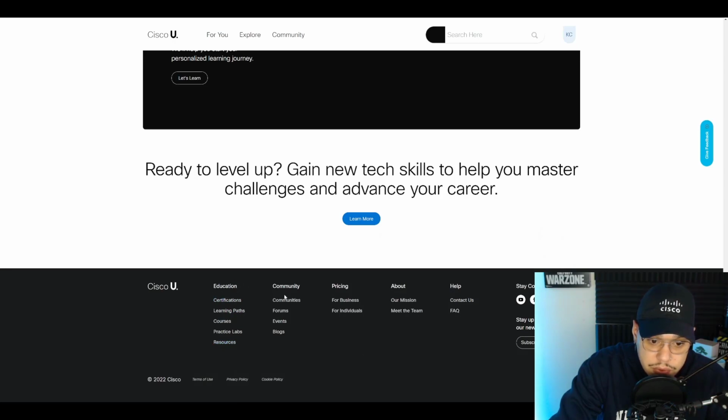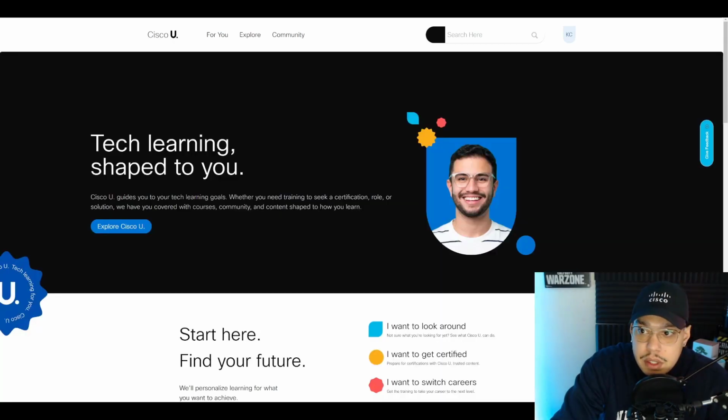So in the footer, we've got the education section: certifications, learning paths, courses, practice labs, resources. We've got community, which is going to take us to blogs, events, forums, and communities that we just looked at. We have the pricing for businesses and individuals, and we have an about and, as usual, a help section. So I'm quite curious actually just to look at the pricing section,